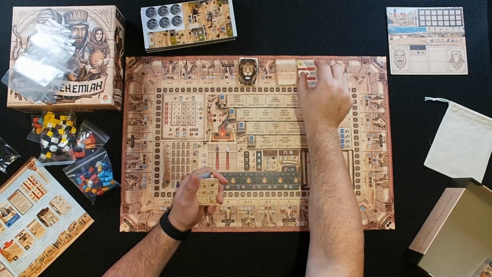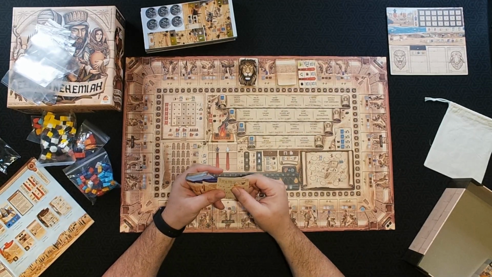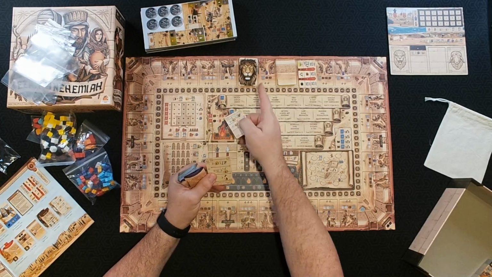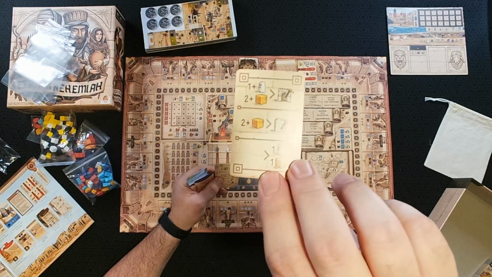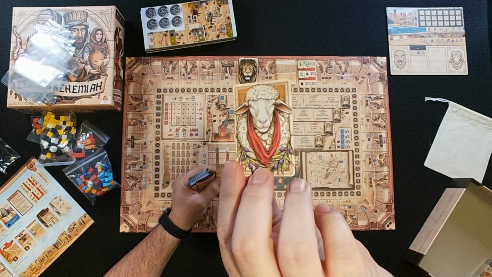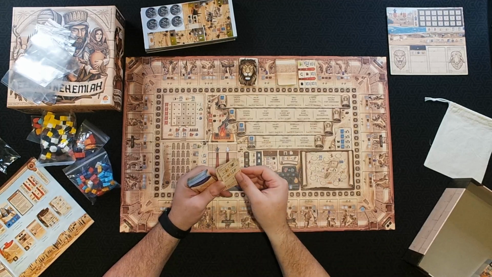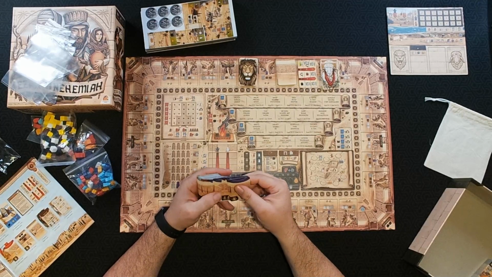And then place that there. And then over here we're going to have, looks like our 6 scheme cards. The scheme cards and the focus cards are going to be used in solo mode, or specifically for solo mode. It's an example of what one of those looks like. And there's that one right there. So place that there. And then we've got